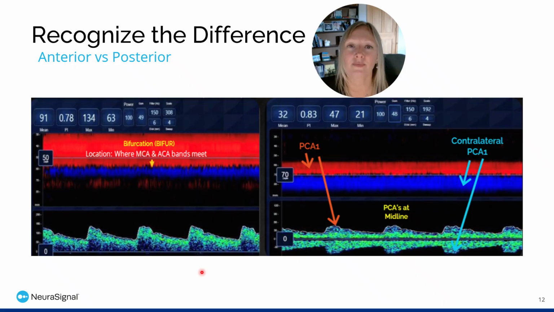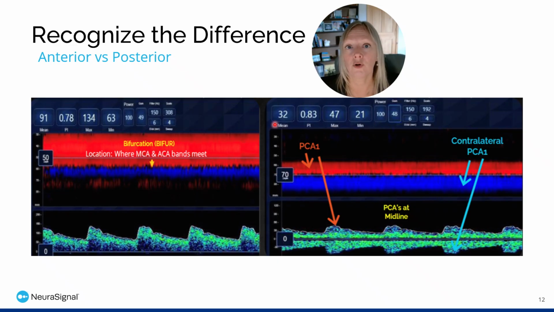And here is a side-by-side comparison of anterior versus posterior. The things to look for: your big red band, this is your MCA. This is anterior flow. See that little red band? This is your PCA. Look where the red and blue meet. Your anterior red and blue, MCA and ACA, will typically meet at a depth of 62 millimeters. Your PCA, bilateral PCAs, will meet at a depth of 70 millimeters. If this is at 62 and this is at 70, that is another indicator this is anterior and this is